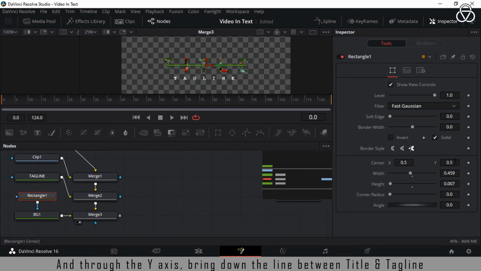And through the y-axis, bring down the line between title and tagline. Just here.